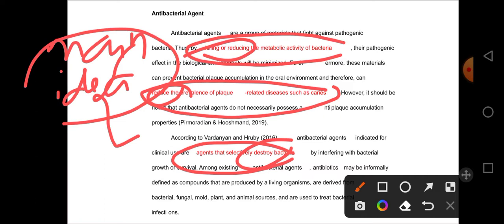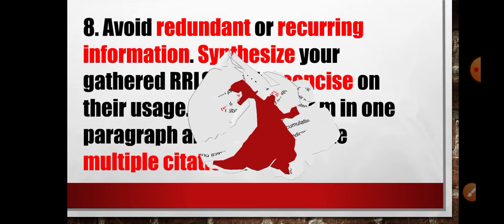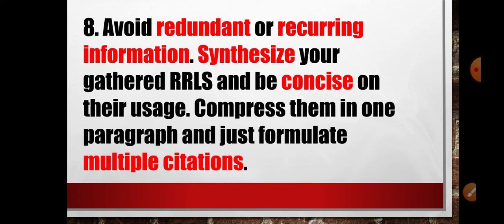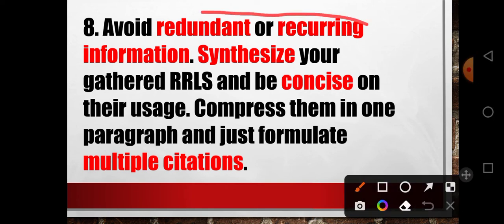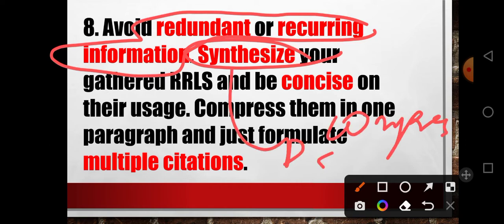And if we have a recurring main idea in a single paragraph, is it considered to be redundant or not? Obviously, the answer is that they appear redundant. And that is very wrong in writing the RRL. That is why you must avoid redundant or recurring information. Okay, and to avoid redundant or recurring information, you must synthesize your gathered RRL. Okay, when we say synthesize, you must compress or summarize it in a single idea or